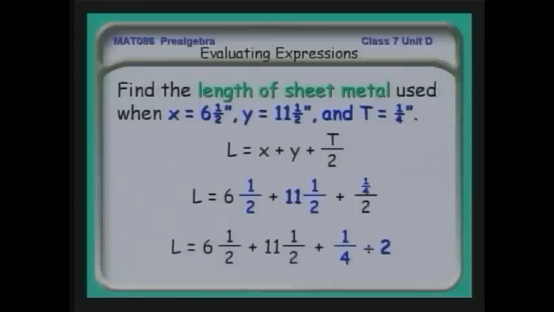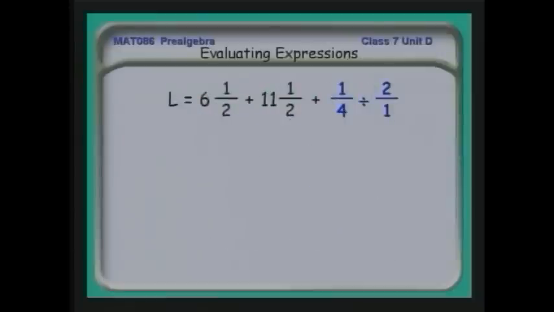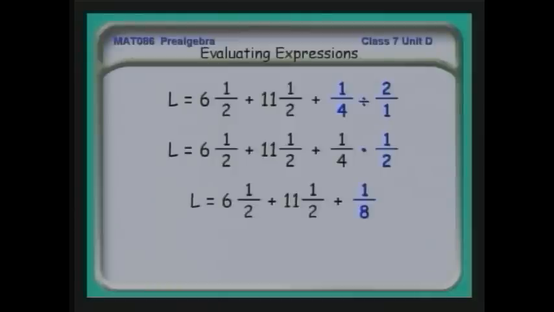We, first of all, need to do the math for the 1/4 divided by 2. Let's get rid of that first. 1/4 divided by 2 is equivalent to 1/4 times the reciprocal of 2, which is 1/2, which gives 1/8. The next thing I need to do is change all of those things, of course, to